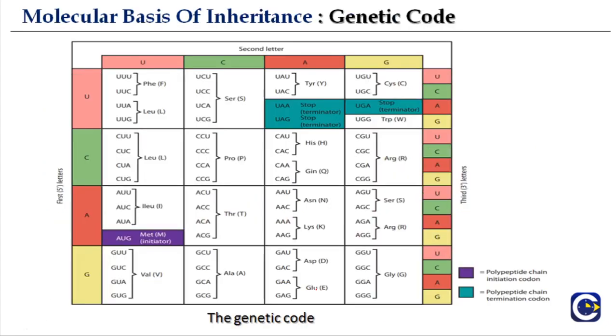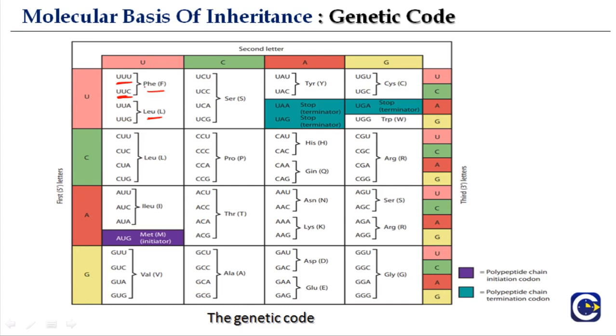So this is the table that shows you all the codons. You don't need to learn all of them. What you need to learn I will tell you in a moment. So for example, UUU codes for phenylalanine. UUC again codes for phenylalanine. So you see, one amino acid can be coded by more than one codon. Try to understand this. This triplet structure is called a codon and phenylalanine is an amino acid.